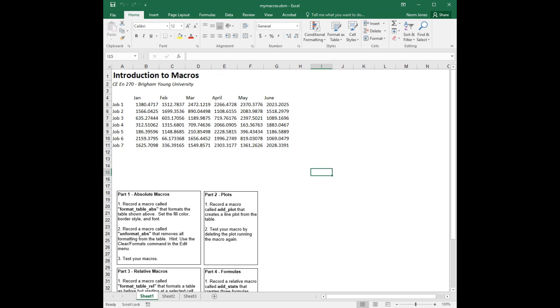There are some steps you have to take before you can even begin to use VBA in Excel to record macros or to do anything else. And so I want to make sure you do this. And you only have to do it once to get these settings established, and then every time you launch Excel after that, everything's available. So Visual Basic for Applications is a very powerful scripting language built into Microsoft Excel,